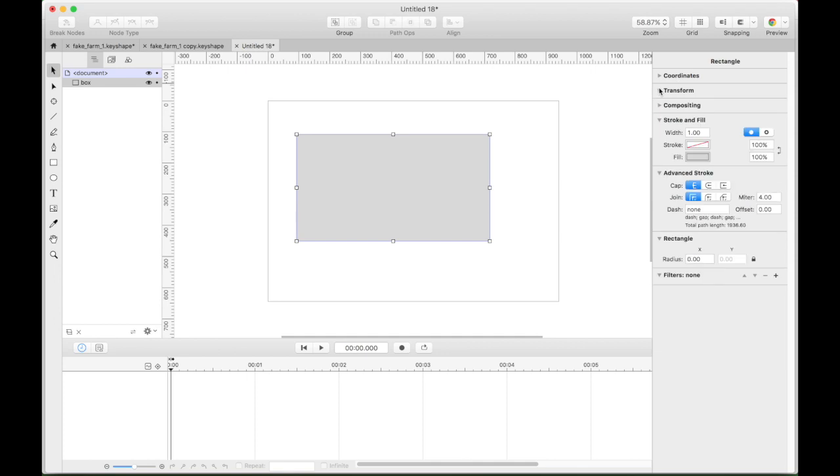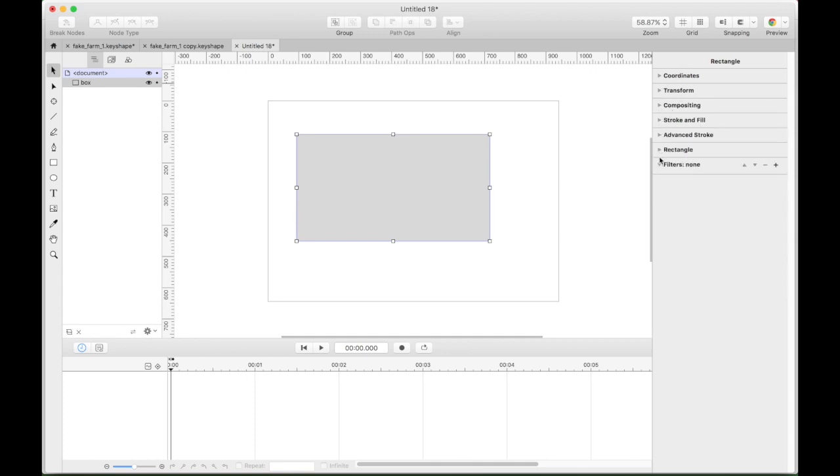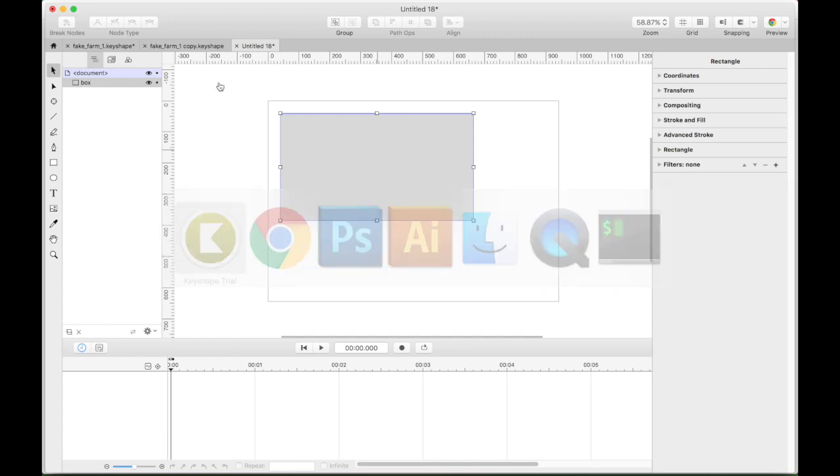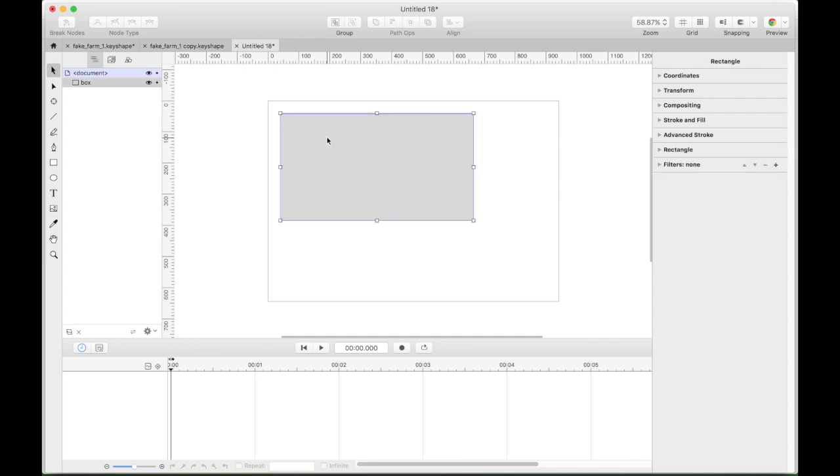From here, you have over here on the right side the panels as they're related to this box. So again, just to reiterate, what Keyshape does is it animates vector images. So let's do the most basic thing of moving this thing from left to right.